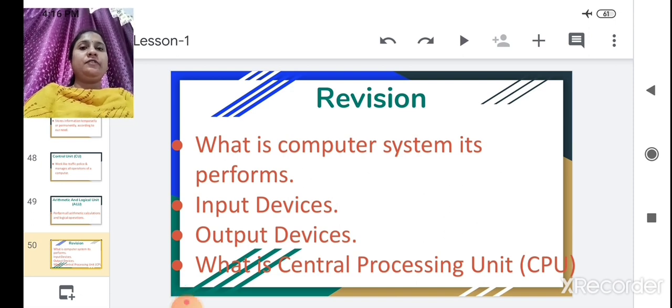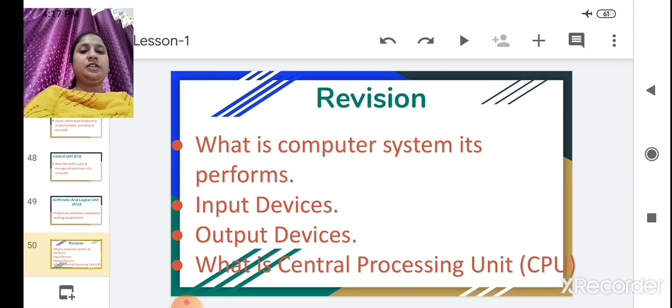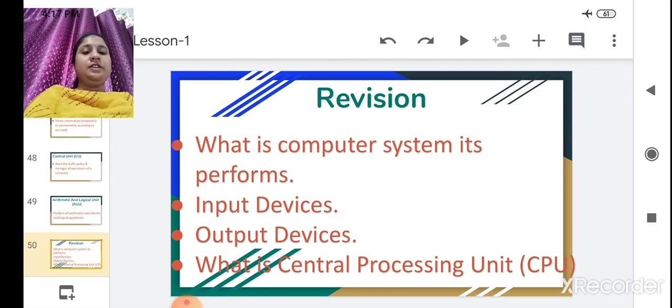Before we wind up, we will revise what we have learned in this chapter. We have learned that a computer system is an electronic machine. It works very fast and gives 100% accurate results.